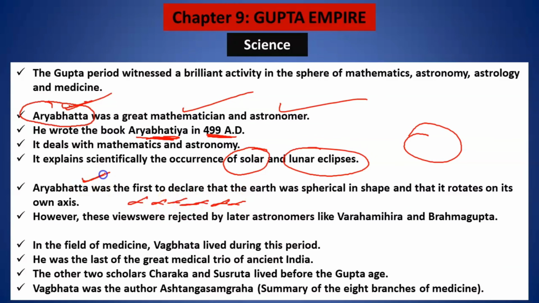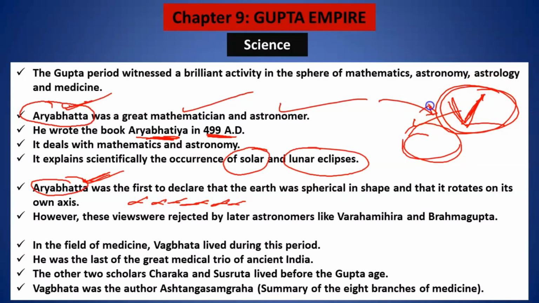But later on, we should be very proud that, so many years back, this genius had already told that the earth is not flat, it is spherical. You remember Alexander the Great, he came to India. Why did he come to India? Because he thought that India is the eastern boundary and that if he conquered India, he would have conquered the entire world. Though he failed because he died. Now see, Aryabhatta told that the earth was a sphere.